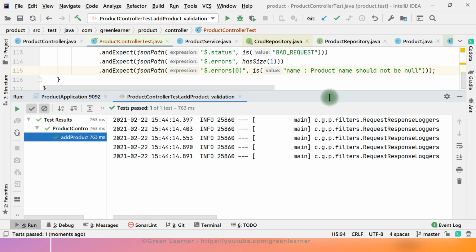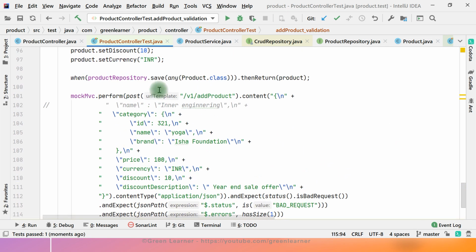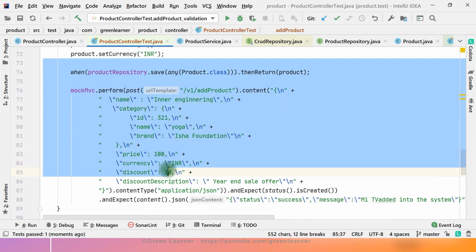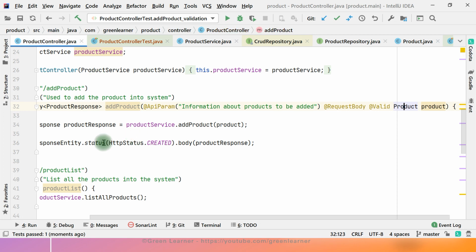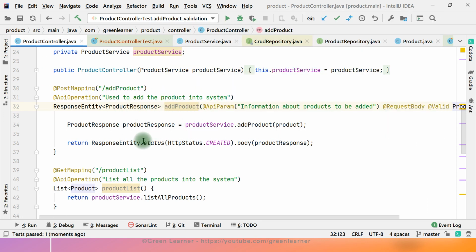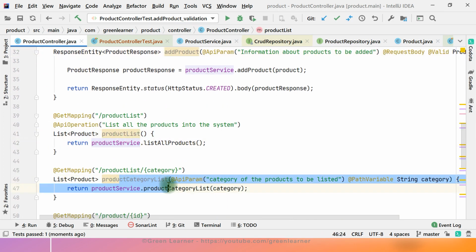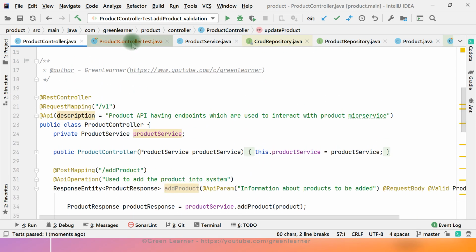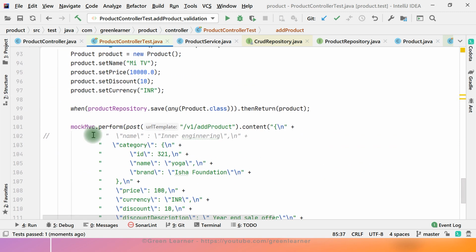So what is next? We have covered this validation scenario, and we also covered the happiest path here as well. If I write the test cases for the other scenarios, update and list part, so this product list, category list and this update part is pending here, 3 test cases. So what I'm going to do is write all the test cases and push that code to GitHub. So you can get all the test cases in the GitHub repository itself, or in the next video when I'm explaining the next topics, I'll be adding them, you will get all those test cases.